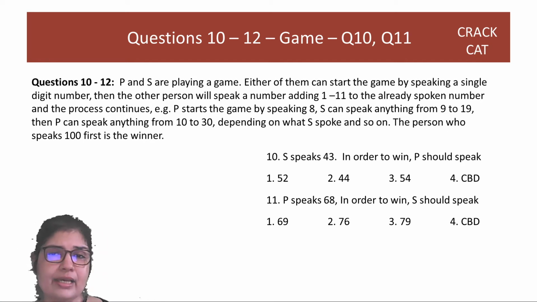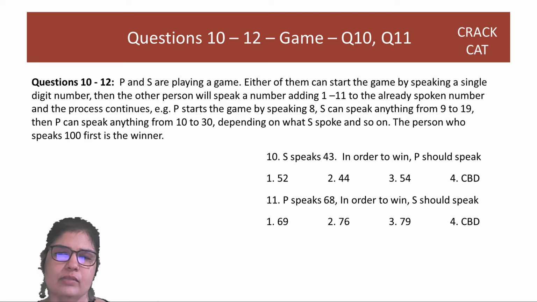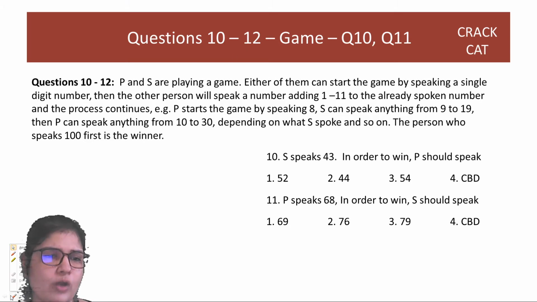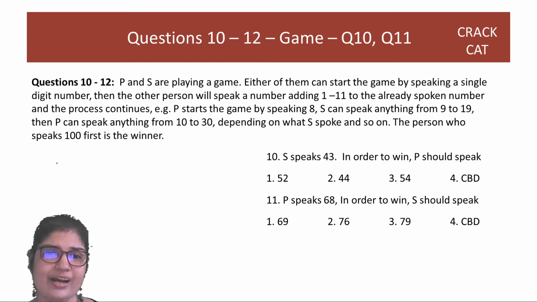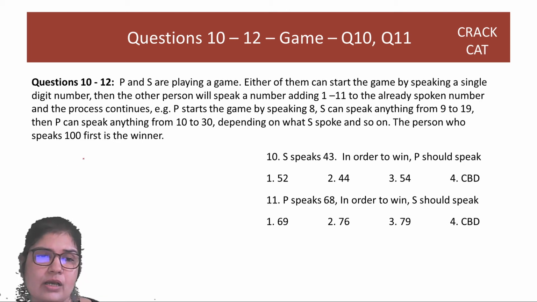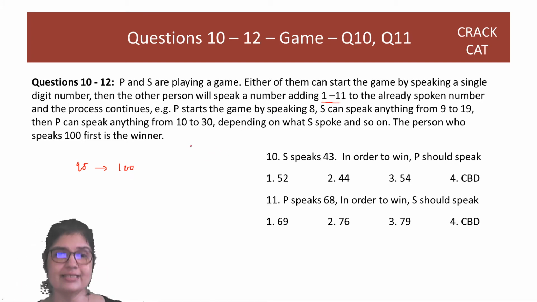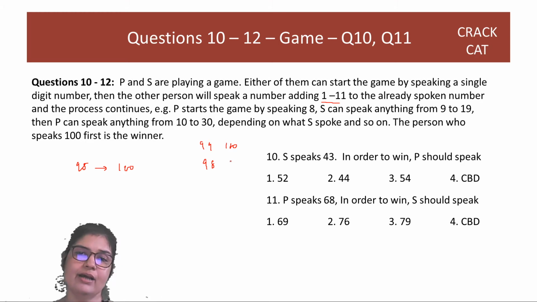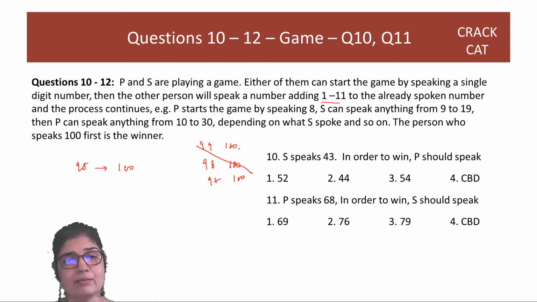You have to think, if I want to say 100 to win, can I say 99 in the round just before 100? Right? So we all want to win, na? So I want to say 100 when my next turn comes. Can I say 95 right now? No, the second person will say 100 because he can add 1 to 11. So what is the number that I can say and be sure that the next guy is not going to say 100? Think about it. 99 में बोलूंगी तो वो 100 बोल देगा by adding 1. 98 बोलूंगी so that guy will say 100 by adding 2. 97 पे he'll say 100 by adding 3. So none of these numbers will work.